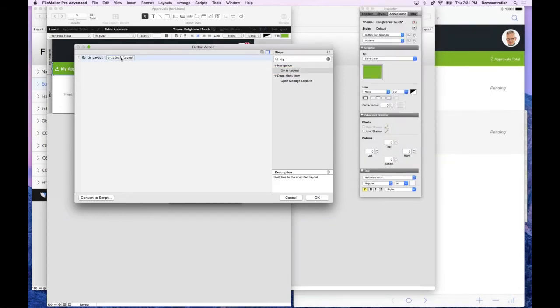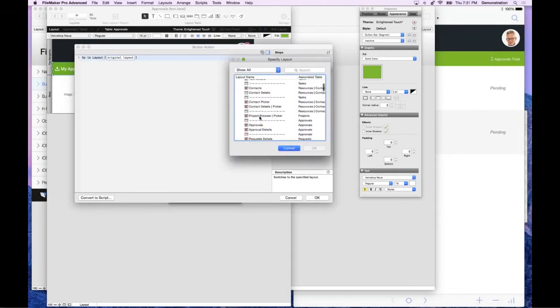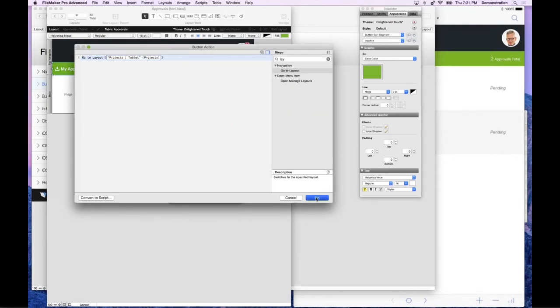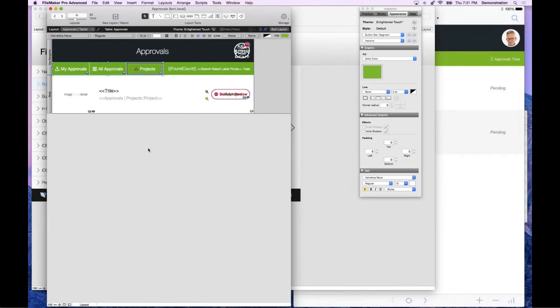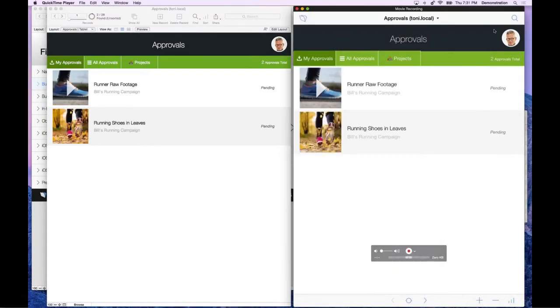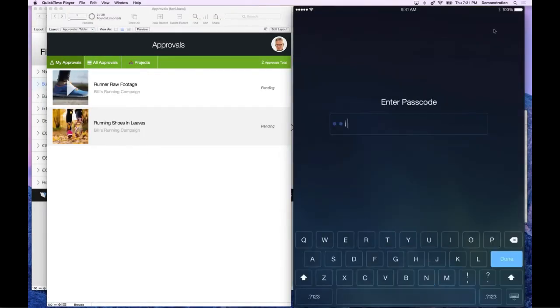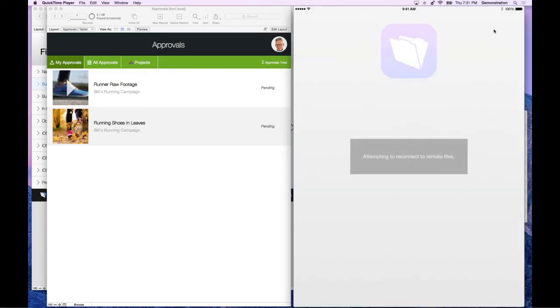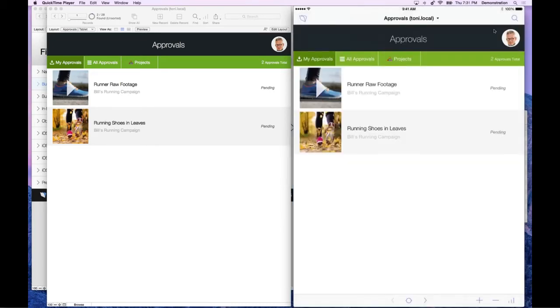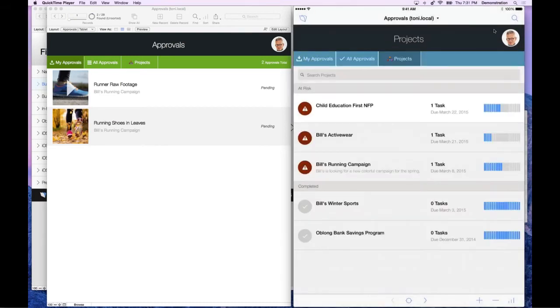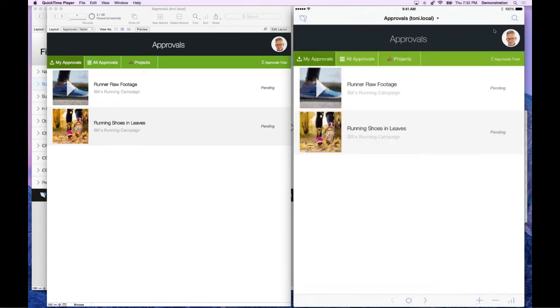So I'm going to go ahead and add that and go over here and select the layout I want to switch to, which is my projects tablet layout. Say OK, say OK, save my layout, go into browse mode, switch back to my iPad, wake it up again, reconnect to the file. There it is. Tap on projects, and I change to this layout. Very cool, right? That's not what's really cool. What's really cool,